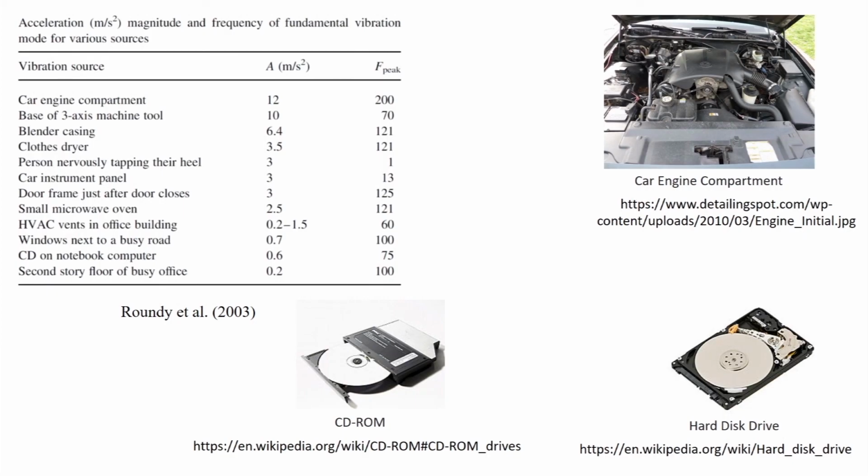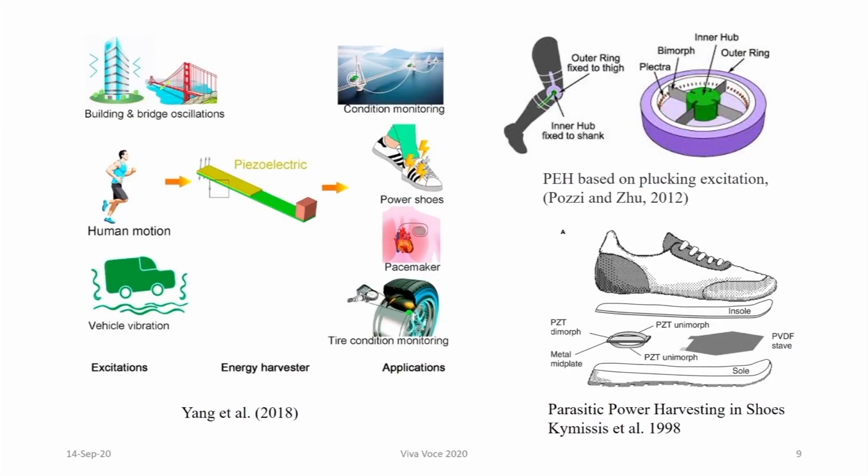Similarly, you can take the example of a CD-ROM or hard disk drive. These are the common things you have seen, where you can always see vibration in the system. You can also take the example of a building or a bridge. These are civil structures. A building is subjected to earthquake excitation, and a high-rise building is subjected to wind loading also. Similarly, the bridge